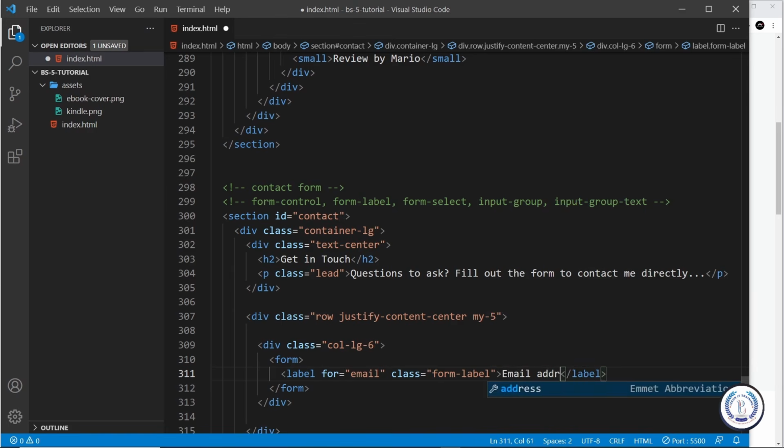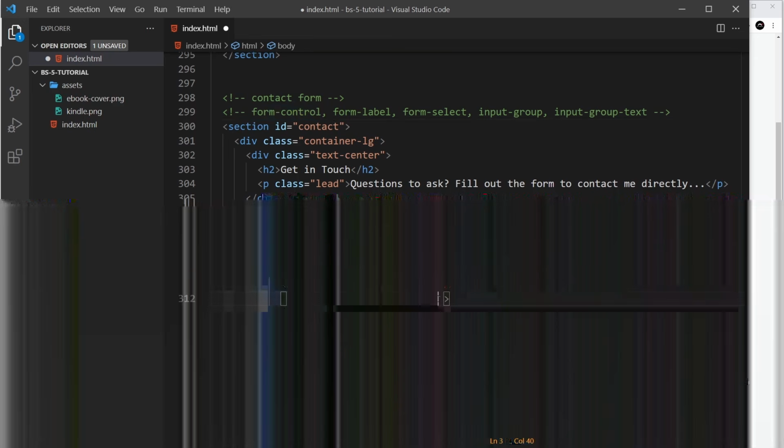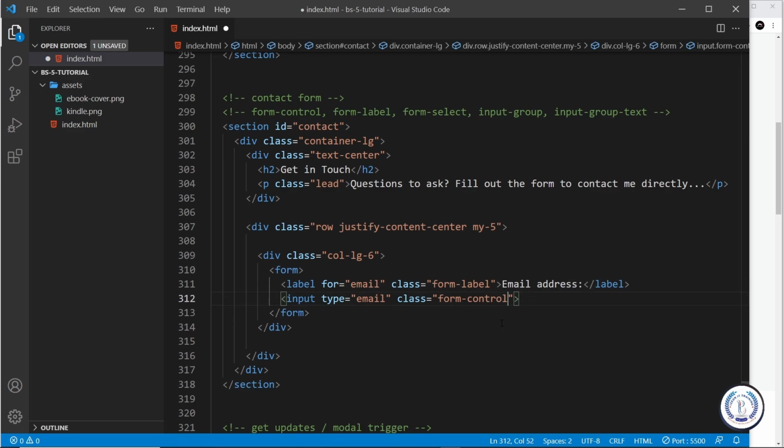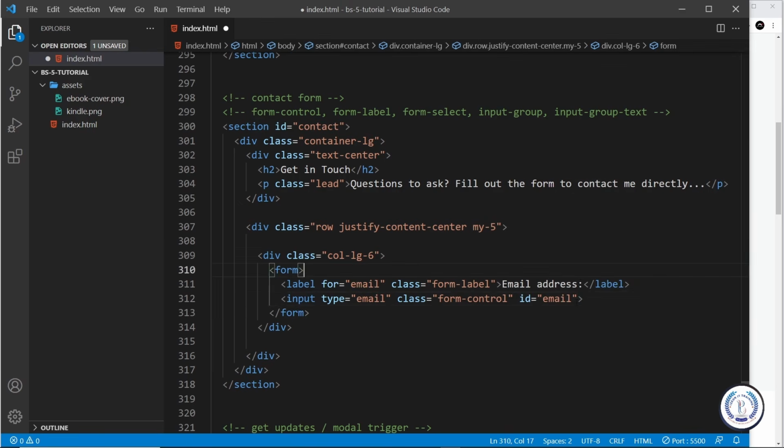Now after that we need the input field, so let's say input, and this is going to be of type email, or it could be text if you prefer, and then I'm going to say class is equal to, and it's going to be this one right here, form-control. So let me grab that and paste it in, and that is going to style up our input for us. Now we can also add the ID so that it associates with the label. So ID is going to be equal to email. And then finally I'm going to add a placeholder,